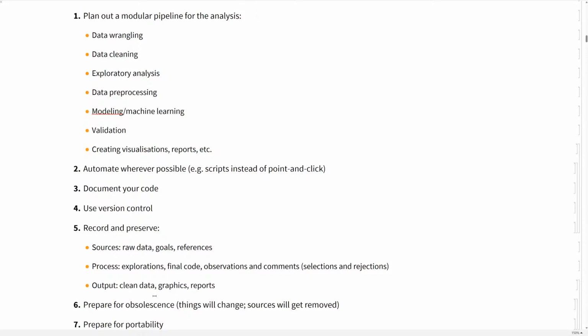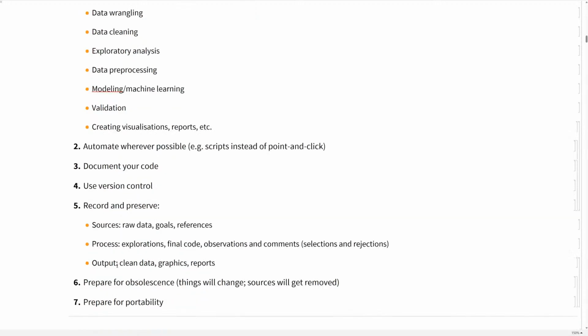and the output, the clean data, the graphics, the reports. Yeah, like in software, no matter how hard everybody's trying to avoid it, we all have that time. It's just, oh, it suddenly crashed, or oh, I forgot to save it. Oh, which version did I actually use to produce things? We lose things. That's just human nature. That's okay. But yeah, once you have some clean data that you're happy about, please save it so that next